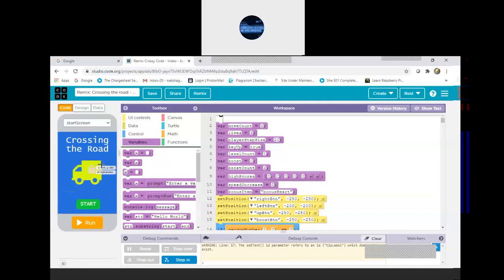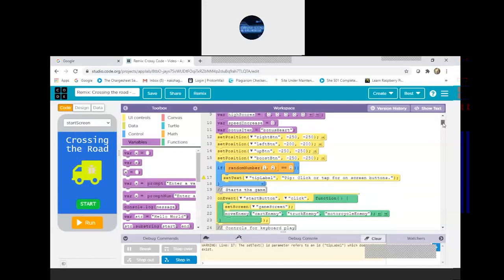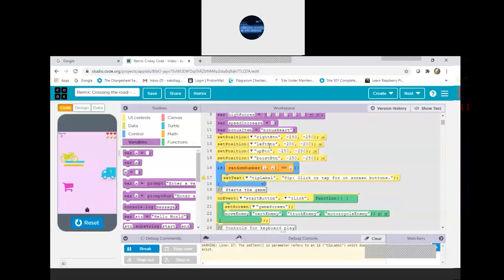Bonus item is used when you play and some bonus will come. A boost is also there, as I have shown you. Set position is used to set the position of something. Means I have the right button where you want, 215x and minus 215y. Where is the right button? This. Then minus 200 position left button, then up button, then boost button. These are for setting the position of those buttons. But we have to write this when we make the button from here.